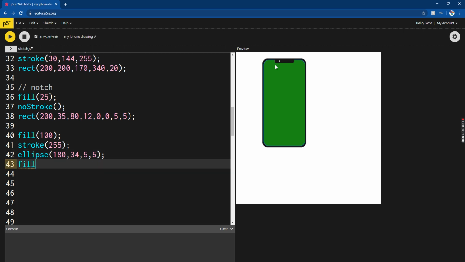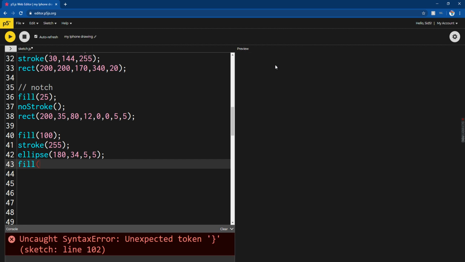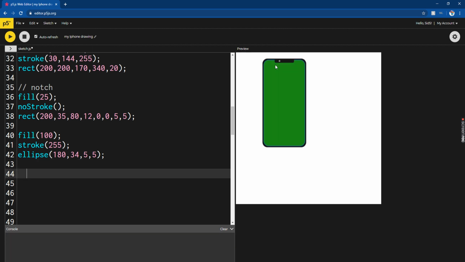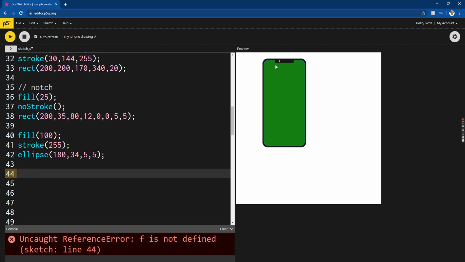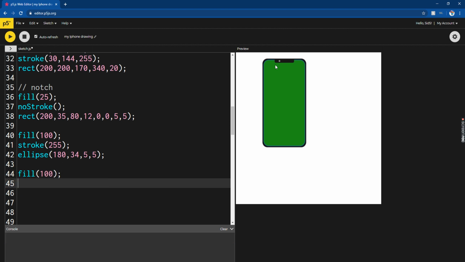So it's looking cool. You start to get the image now, but we've got to do a different shape. And what line of code is it? 43, 44. That should have ended at 43. I don't care. I'm going to do it at 44 itself. So at 44, we're going to be doing a fill of 100. Wait, did I already do that? But it's a different one. So with a fill of 100 and a stroke of 255,